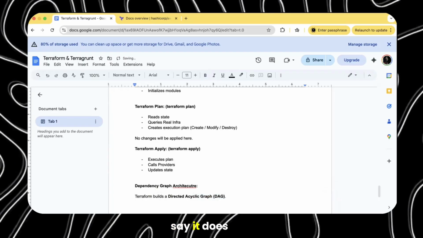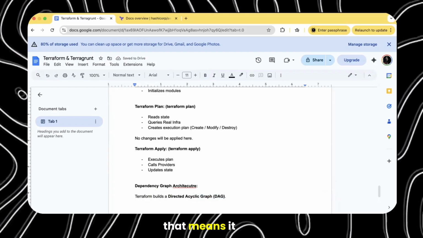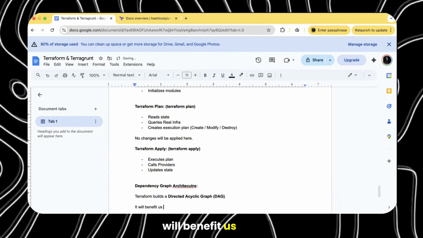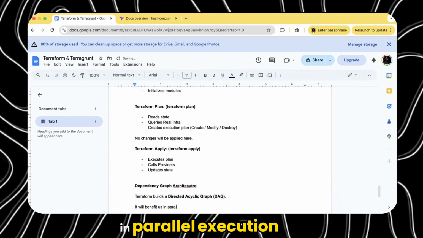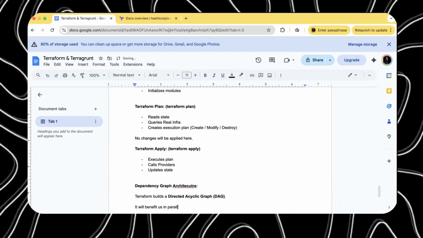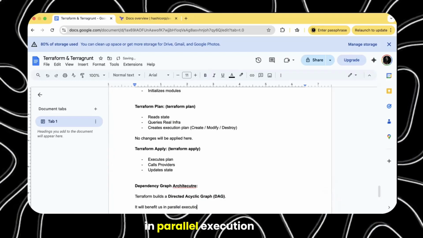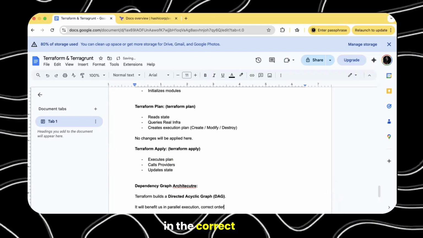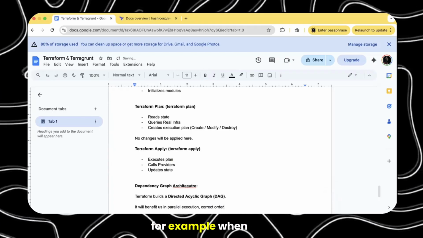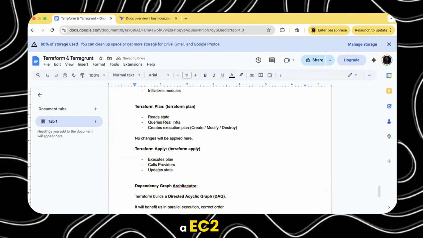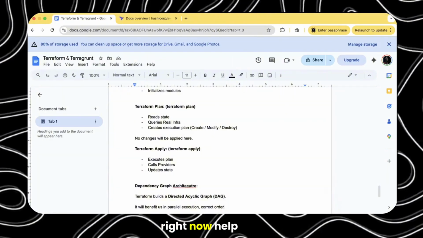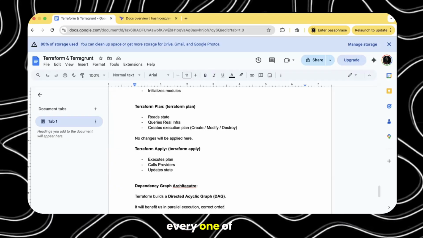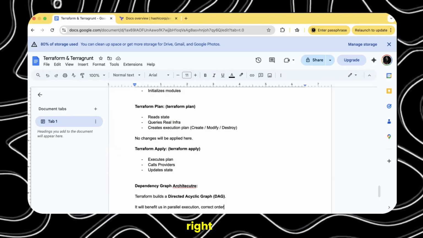Now, when I say it does that, that means it will benefit us in parallel execution, to ensure that the things are deployed in the correct order, right? For example, when you are creating an EC2, every one of you would have created an EC2, right?